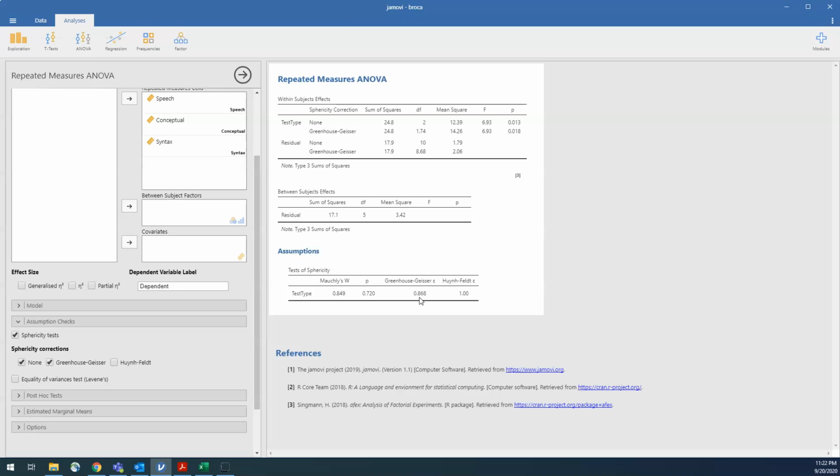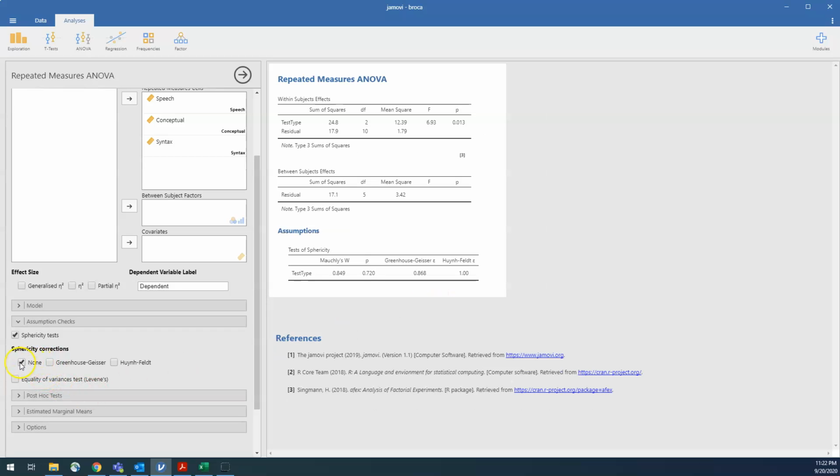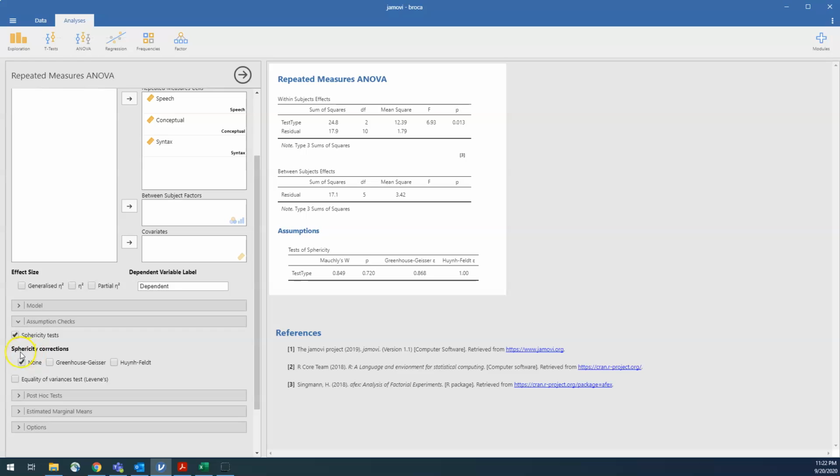But when I have to run an ANOVA of a repeated measures type, then I just go and Google, how do I run this test of sphericity? How do I interpret the Greenhouse-Geisser and Huynh-Feldt? And it tells me what to do. Okay, so in this situation, we don't need either one of those corrections. We're just going to ask for the no correction version of the ANOVA, and we're just going to assume that we've got equality of variances.